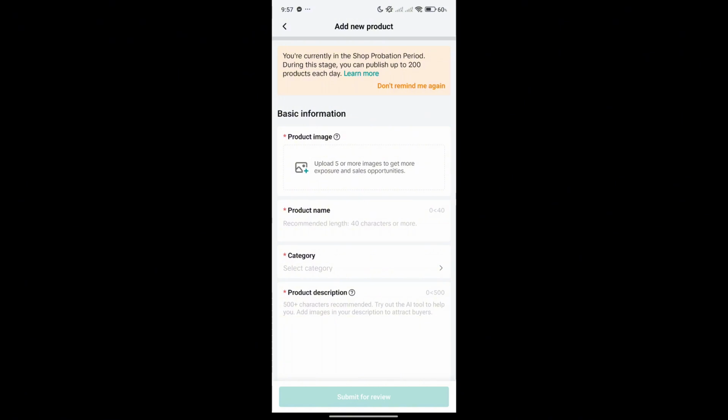It is recommended that you upload 5 or more with different angles, different settings. It will be recommended if you have pictures of, for example, front view, side view, a different angle, the product in use, close up of the product, and then you can take a picture of the product next to a different item to give them a sense of sizing, of how big or small your product is.